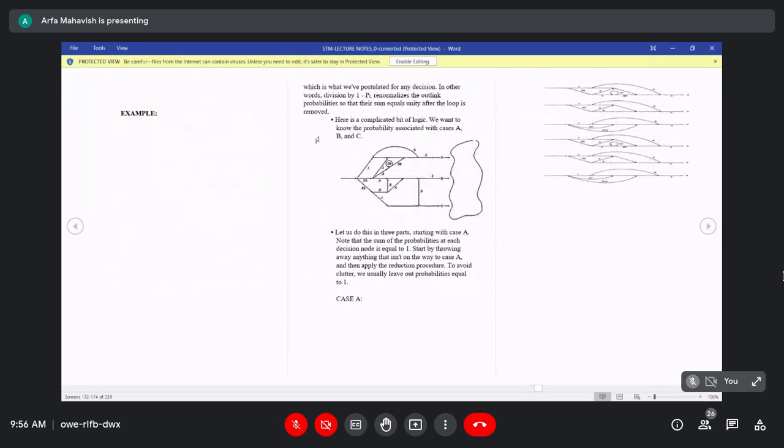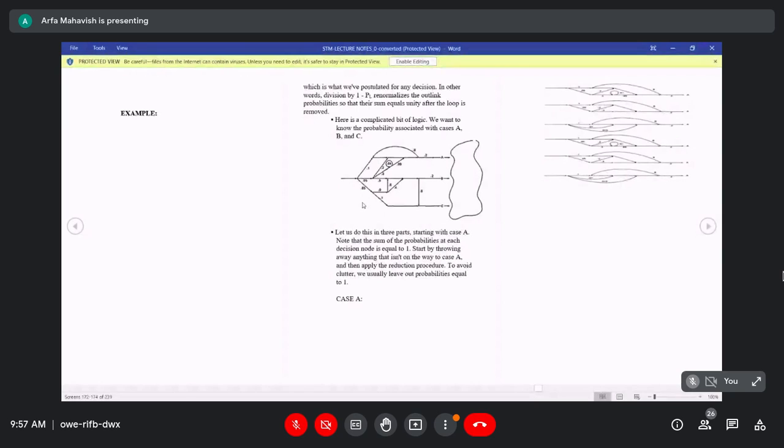For example, look at this example. This is the starting node, and these are the A, B and C nodes. Traveling from the starting node to node A, we use this path. From the starting node to node B, we use this path. Traveling to node C, we use this one. We will solve them individually.